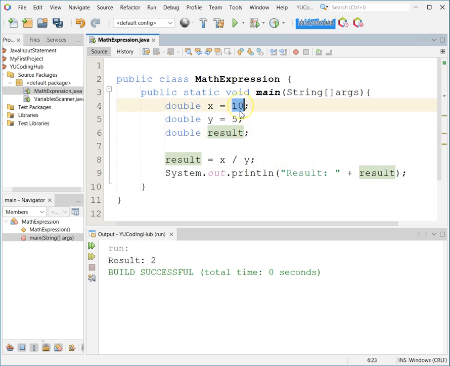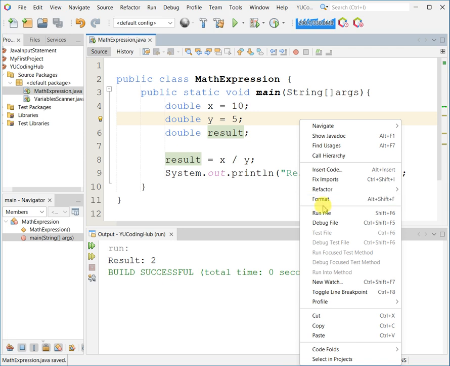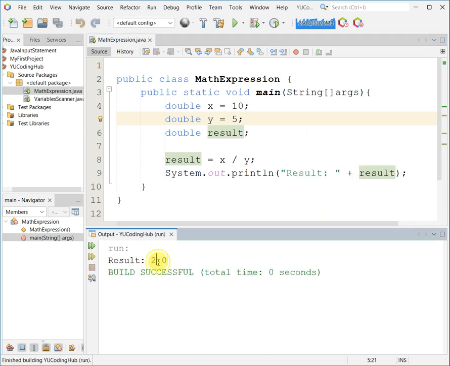So for example, if I have 10 and 5, this doesn't have any decimal value. But if you can see here, if I run it, it will become 2.0. It automatically adds the decimal point, because we are now using a double type of data, which is for floating point division, as you can see here. Now, if we put something, for example, 3, that is double, and we run the file, you will see that this is the result, 3.333 until 5.